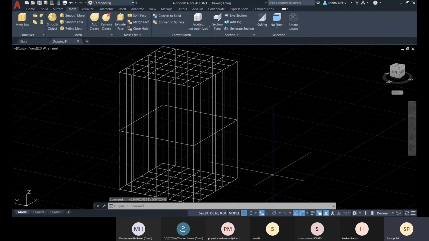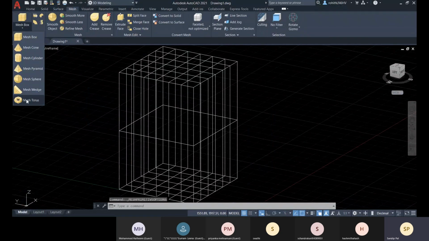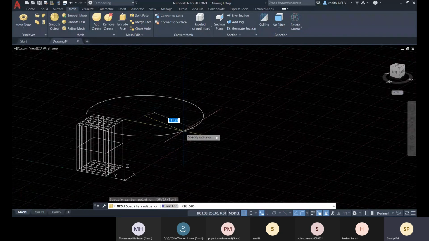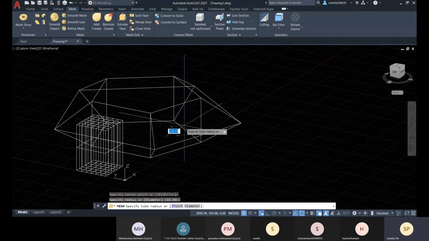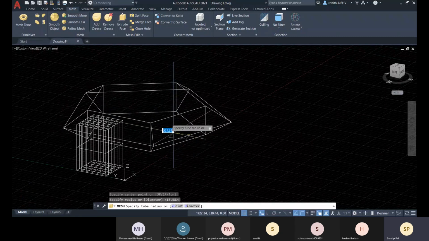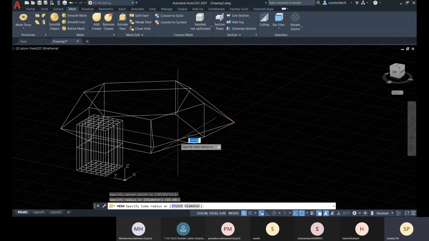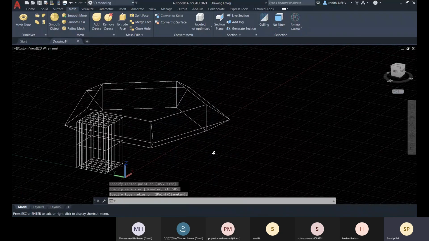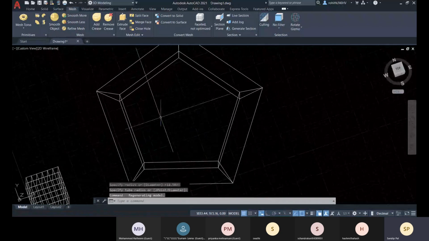Let me click on OK, and let me show you about mesh torus. That is the radius, and you are providing the tube radius. All right.